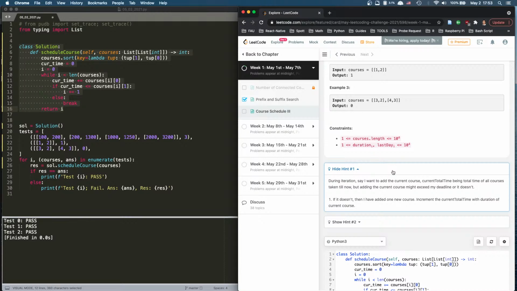At the current course, being the total time of all courses taken until now, adding a course might exceed my deadline. Or it doesn't. If it doesn't, then I have added one new course. We arrived here already. We can keep adding courses if it doesn't exceed my current deadline. But if we add a course and it exceeds the deadline, then,